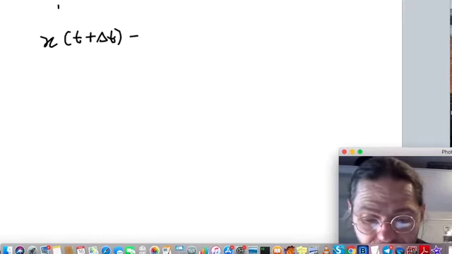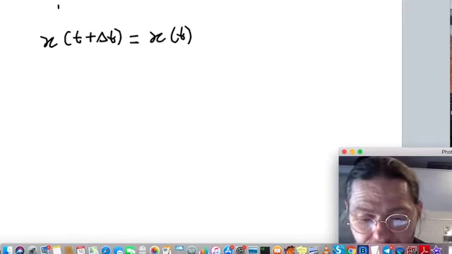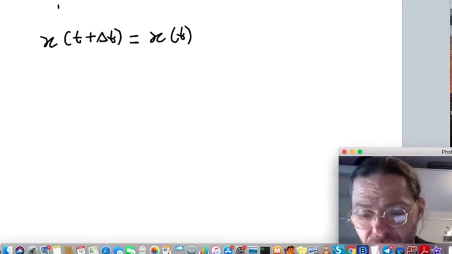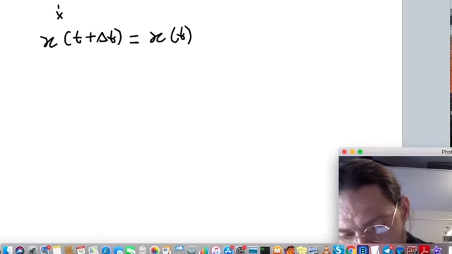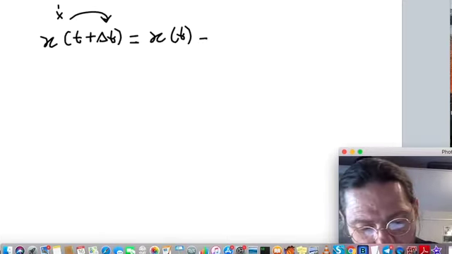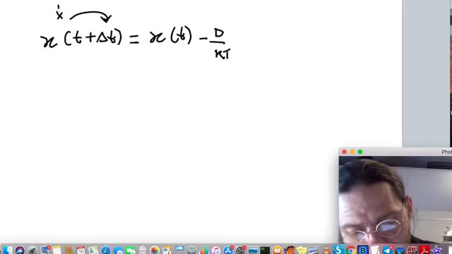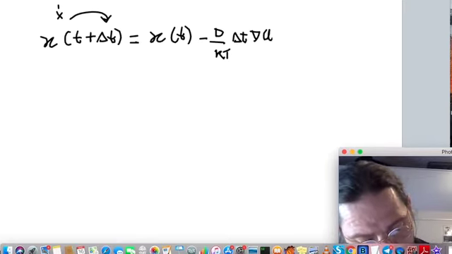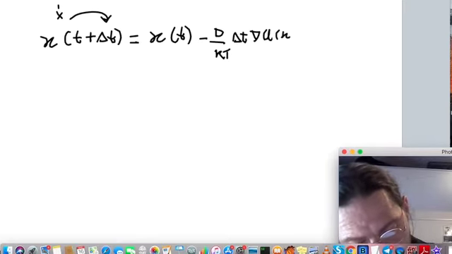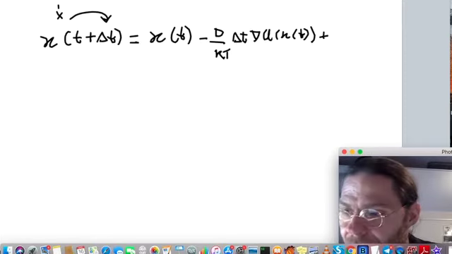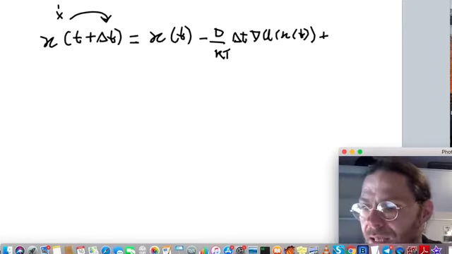But let me take the configuration at time t on the other side of the equation, so that these two terms come from the original x dot. Well, this is equal to negative D over kT delta t grad U of x of t, plus, and plus, then I have